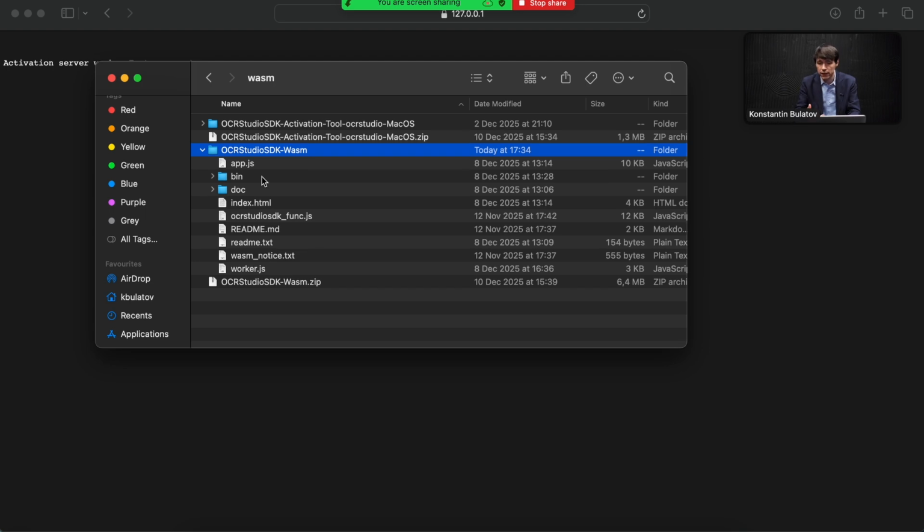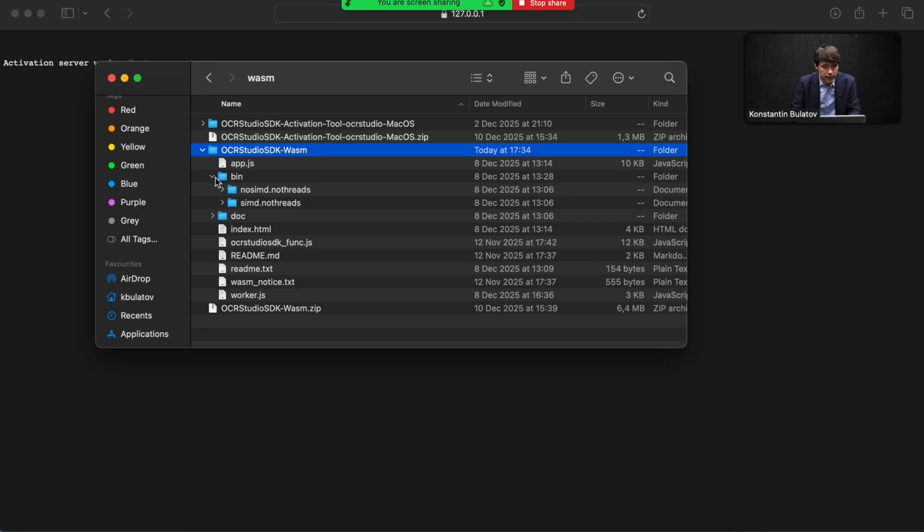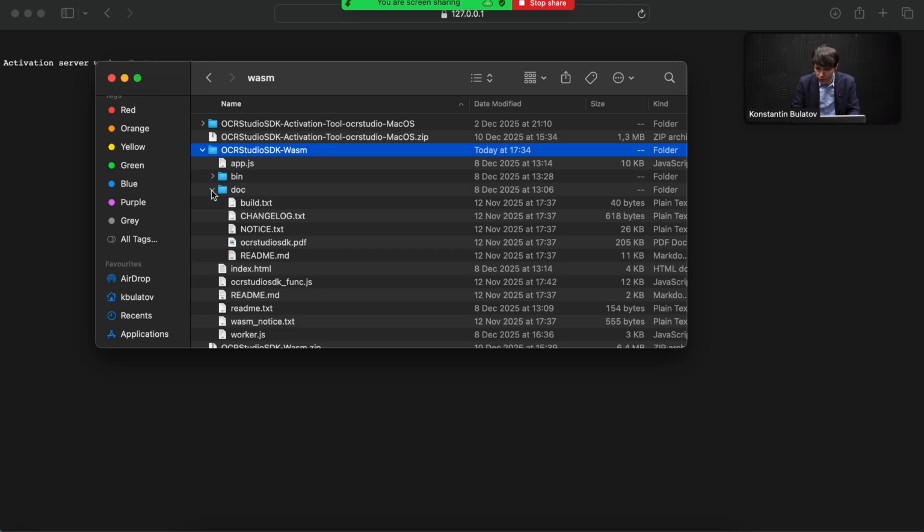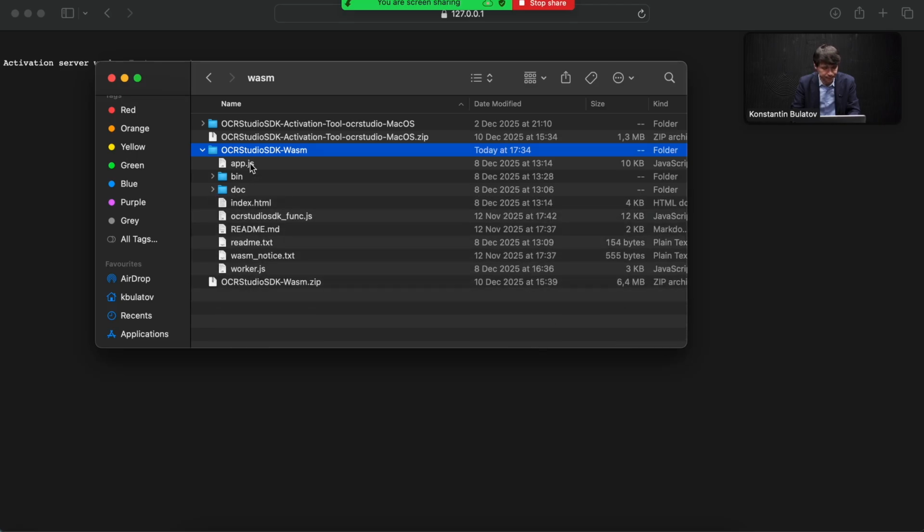When you receive a WebAssembly SDK package for a specific configuration, you receive archives like this. It contains a bin folder which actually hosts the WebAssembly modules. In this case, the configuration is for bank cards, for credit and debit card scanning. There is a doc folder with various documentation of our system.